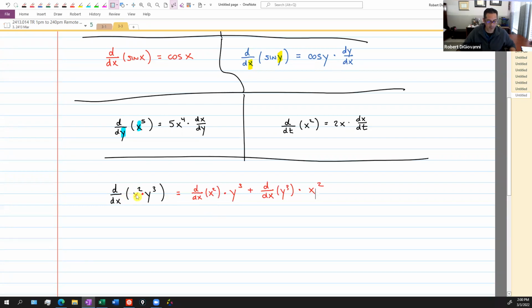The derivative of a product is the derivative of the first one times the second one plus the derivative of the second one times the first one. Which would be, let's see, 2x times y cubed plus,